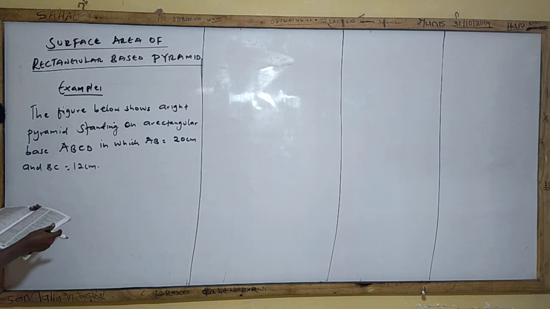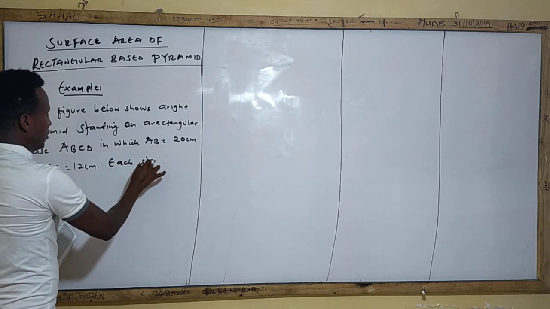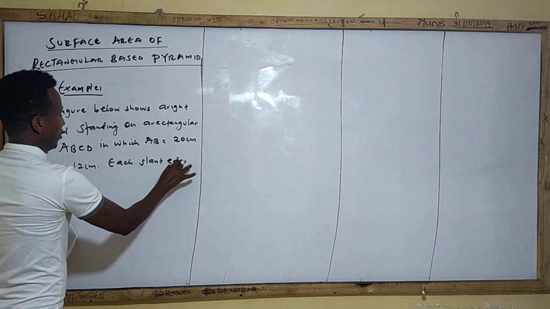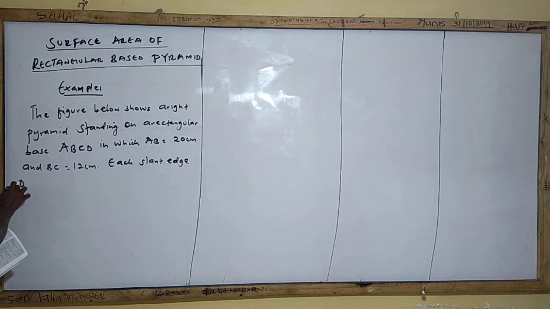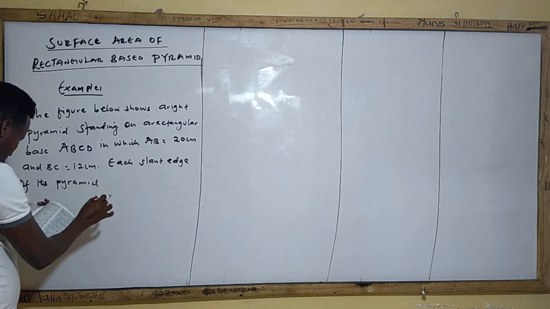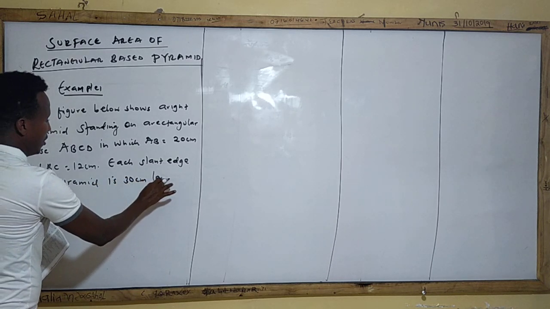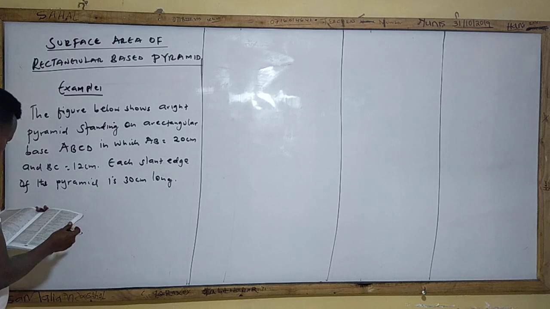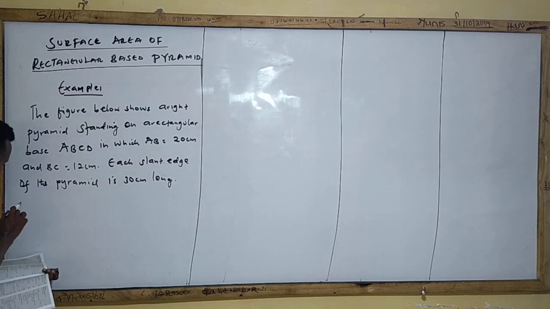Each slant edge of the pyramid is 30 centimeter long. You are told first to calculate to the nearest whole number